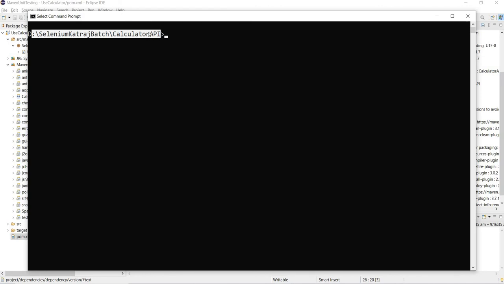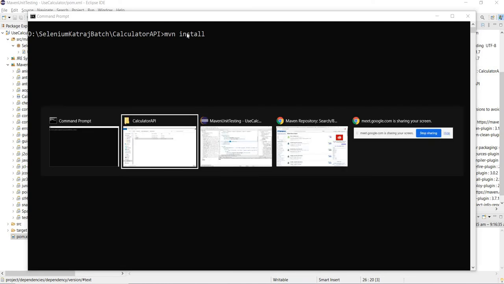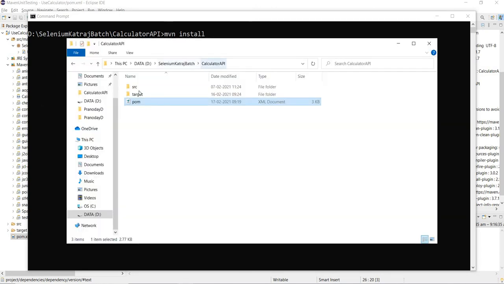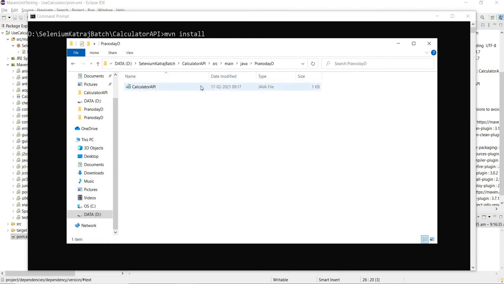So I'm in that project directory, and from here I'll just say mvn install. What all things will it do against my calculator API? It will clean the already compiled things. It will compile the implementation. It will compile my source code. It will compile my test code. It will compile the whole calculator API project here, like src main Java source code. The new division function addition would be compiled along with all the unit test case classes also would be compiled, right?